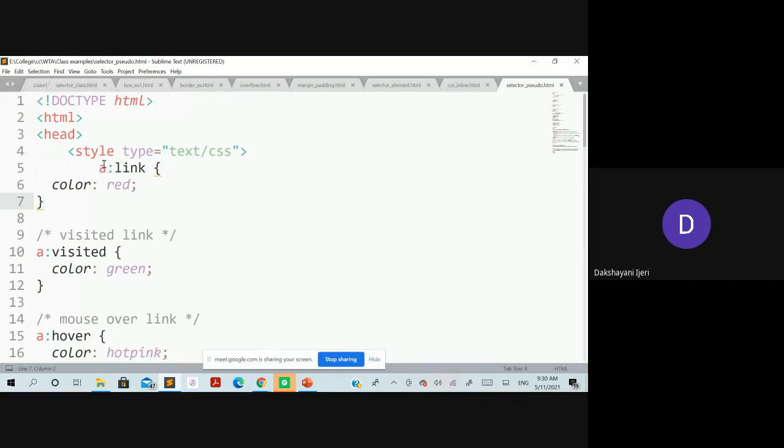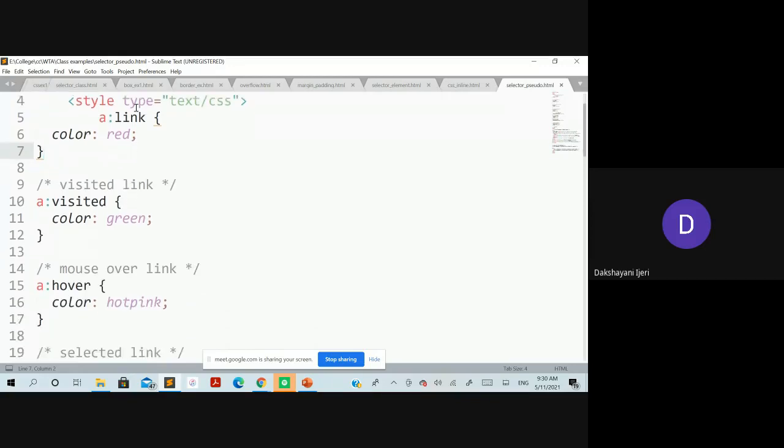So for the links which have not been visited, I just want to make that link appear red. Then you need not apply them explicitly. Whenever you create links, by default these links are going to be applied with all these styles, which make a difference whenever the user interacts with these links. So you can see here the not visited links appear red, and here the same anchor element, if it is visited.